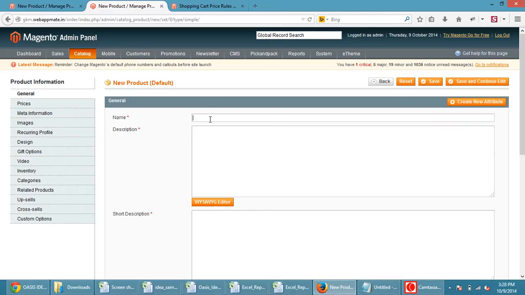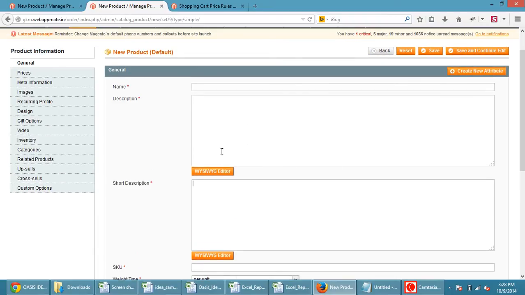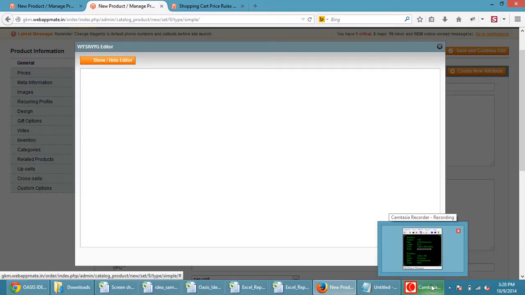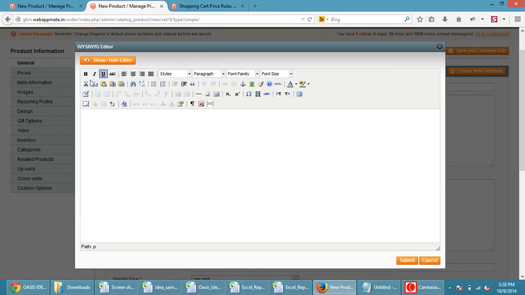Here you can define the name of the product, description about the product, and short description about the product. If you want to add something in a table format, just click on this editor section and you can paste that code here. There are more options like bold, italic, or whatever you want. You can add the content and then press the submit button.